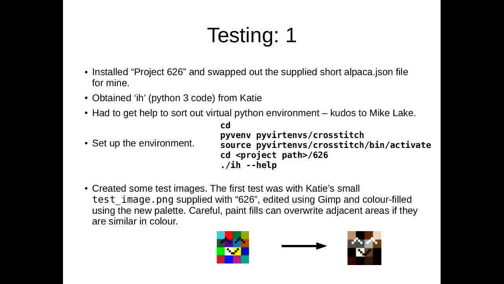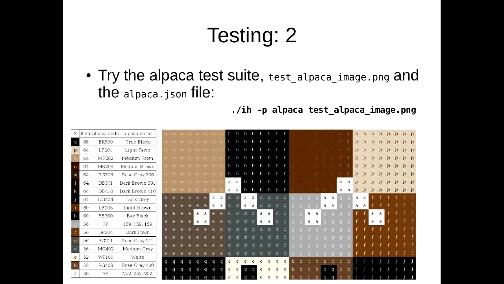And created some test images. Now the first test image was with Katie's little test image. I've blown it up there so you can actually see it. It's only really pixels in size. I had some trouble doing my very first paint fills because good old GIMP, oh that's the same as that, but boom, let's just overwrite it. I had a bit of care and created a test using the colours out of my new palette. Then ran Ich with the appropriate parameters to produce a very first